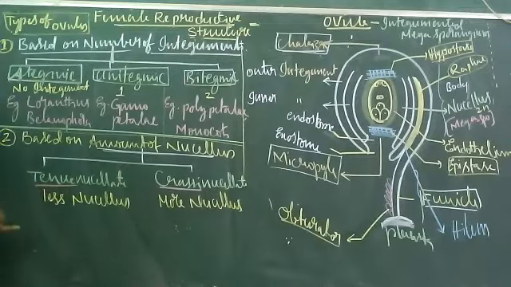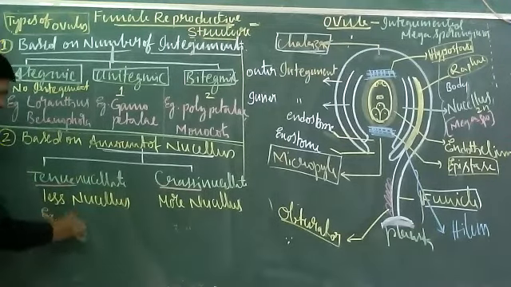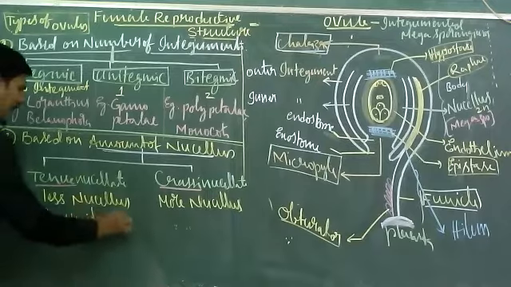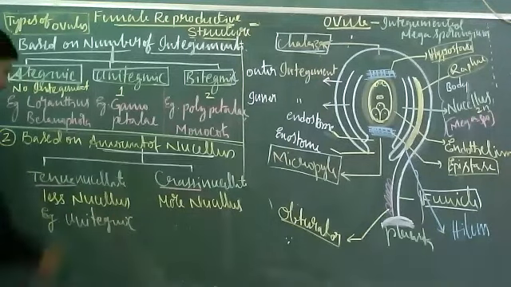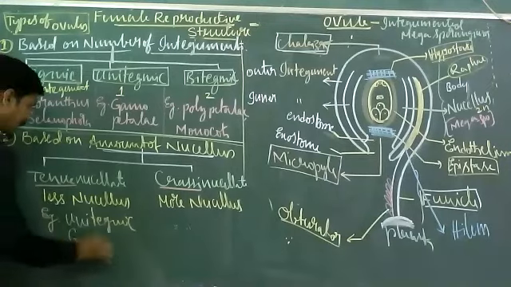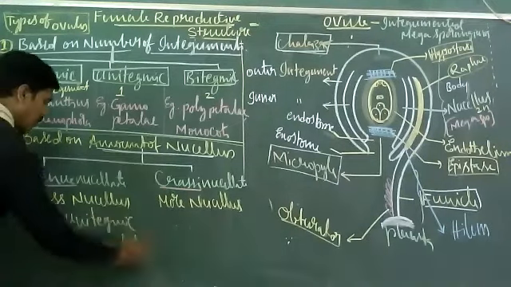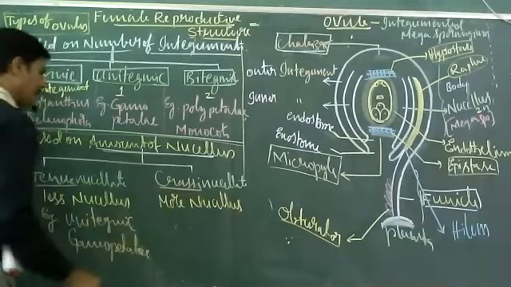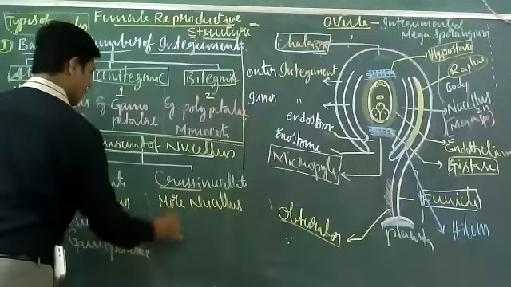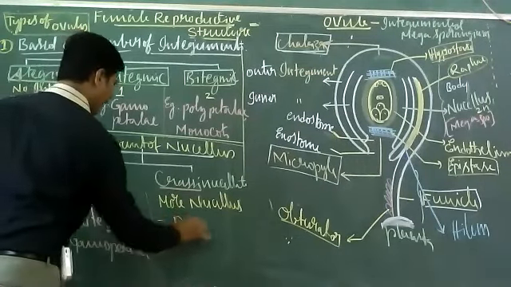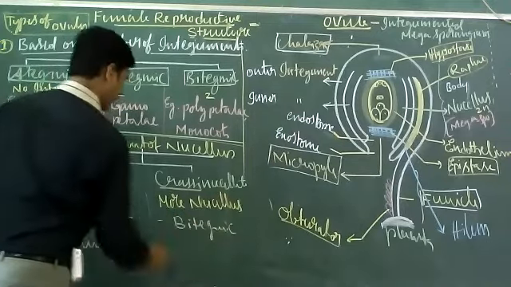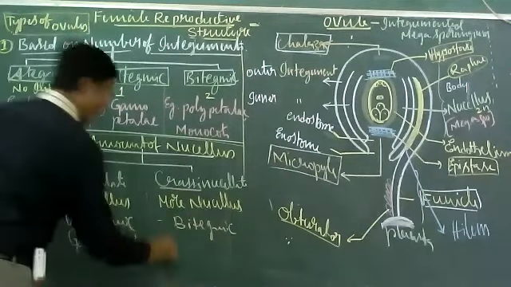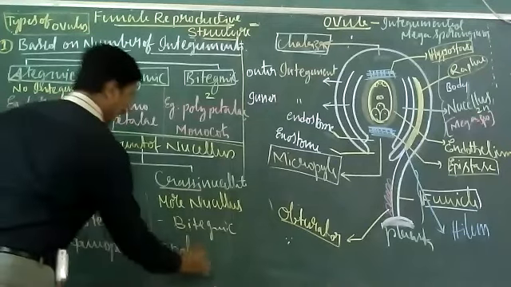Let us see some examples. Unitegmic ovules: all the plants with unitegmic ovules, such as gamopetalae members. Whereas here, bitegmic ovules only, polypetalae members